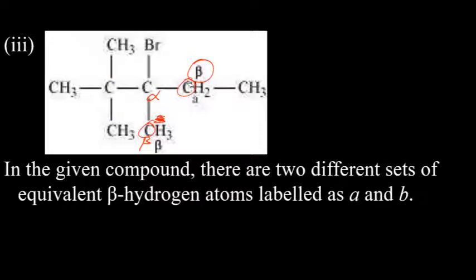So there are two possibilities. Bromine goes from alpha carbon and hydrogen goes from this one. Then a double bond will appear here, dehydrohalogenation. Another possibility, beta hydrogen goes from here. Then the double bond will be here. So these are two possibilities only, out of which one will be the major one.